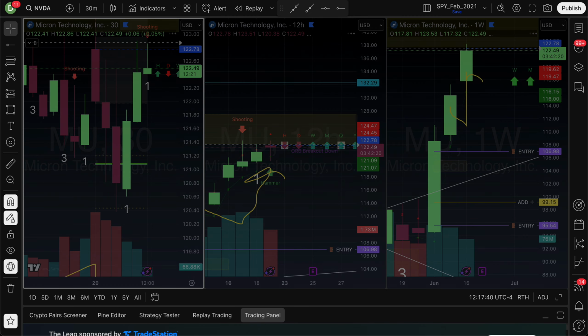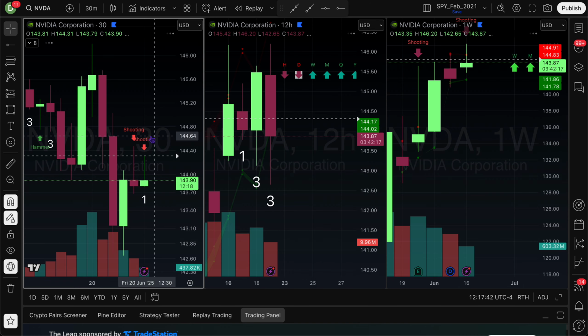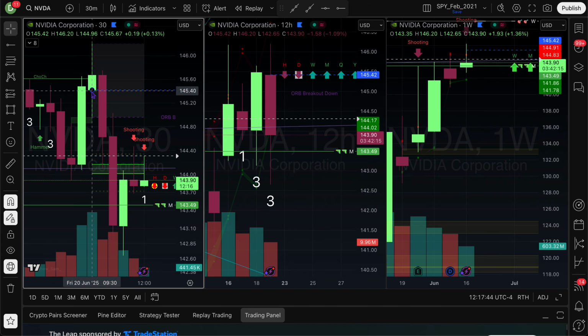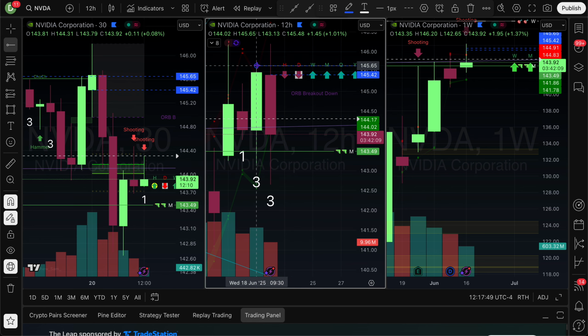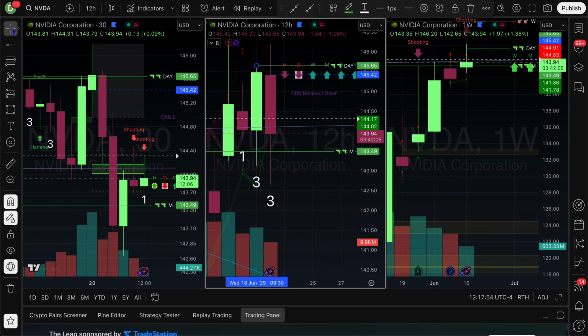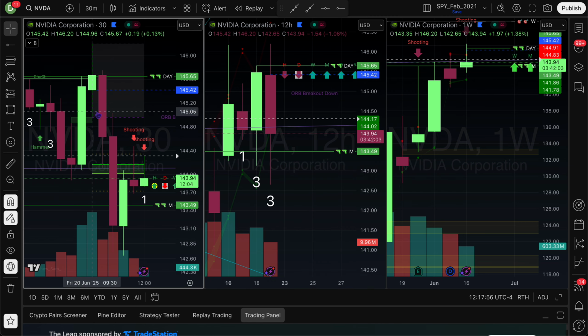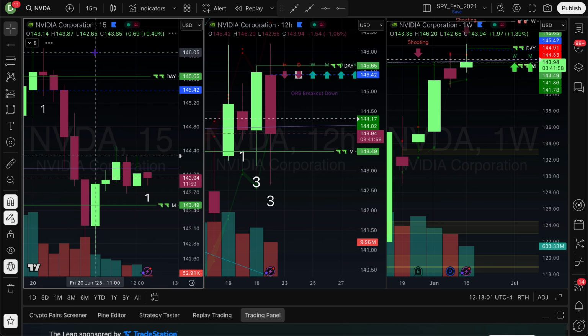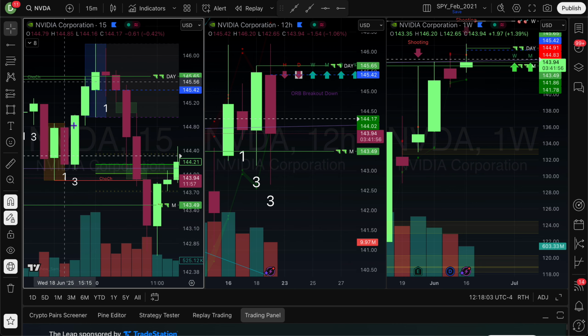NVIDIA, same thing. NVIDIA was actually a perfect setup for a short. There's my open, right? It went all the way up here. It triggered the day. So if I draw my daily trigger, it triggered this 3, right? So daily trigger like this. And it came back in. So what is that telling me? It's telling me that I have a possible outside day. If I look at the 15, it does all this. It gives me this inside 15er. It has already flipped the day red, right? Gives me this inside 15er.